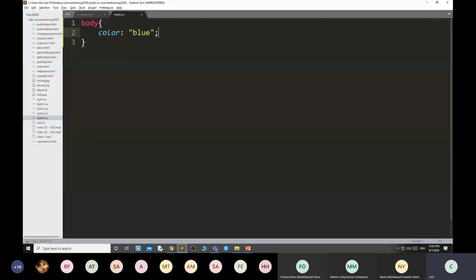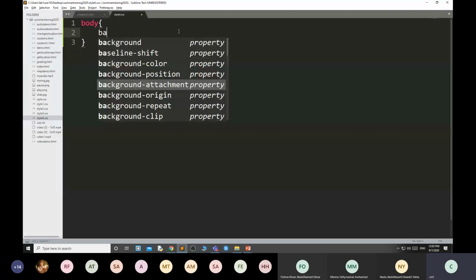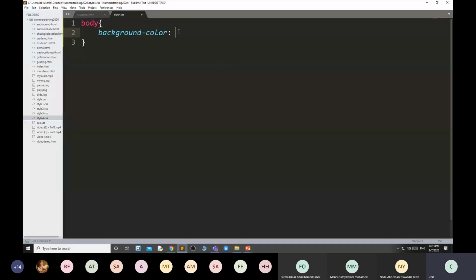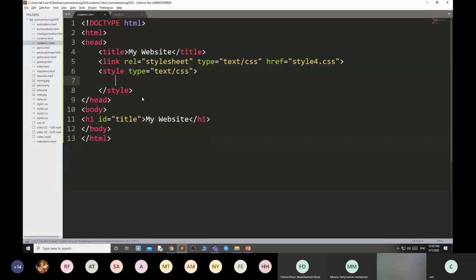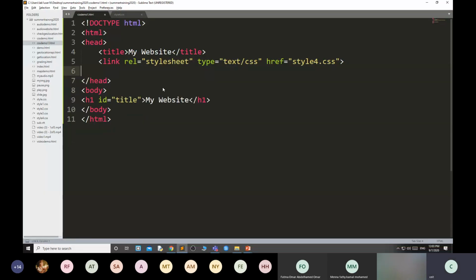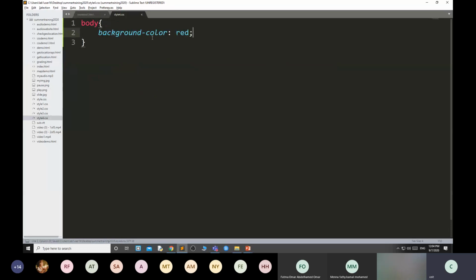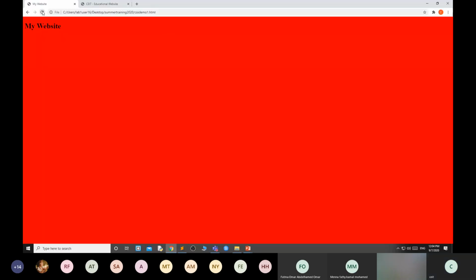Here I have used like this, background color red. I have used that color in double quotes. Suppose you have a valid color name like red, green, blue, pink, sand, then you can use that color name directly.